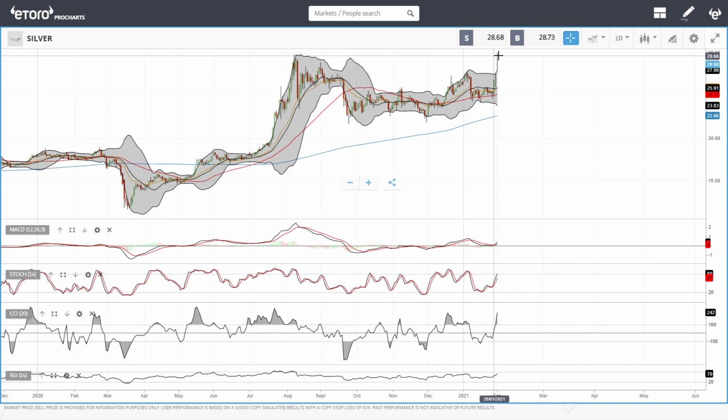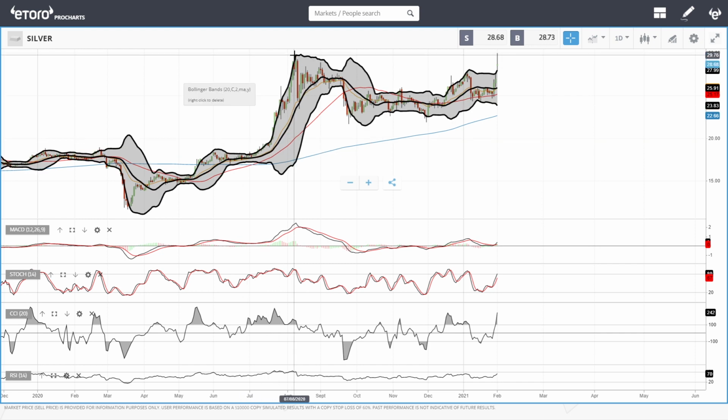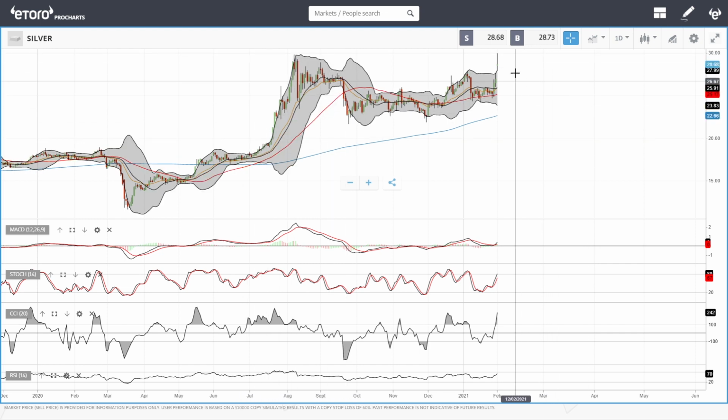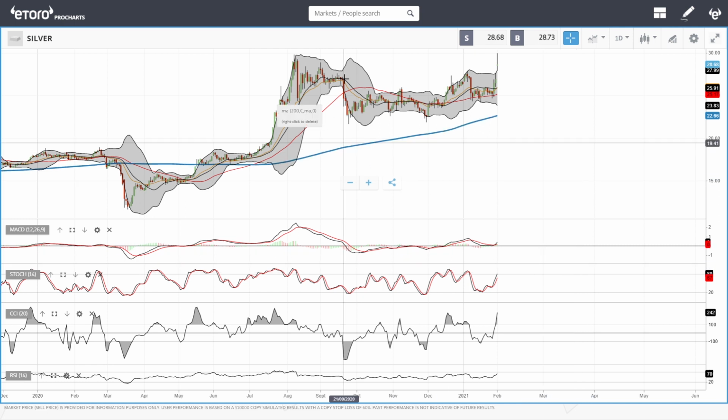Moves like these never last. We can see when we had a parabolic move here, went outside, it just completely collapsed. So we could see an additional major pullback if enthusiasm for buying this goes away tomorrow. Then we're going back towards these previous lows. So let's look at platinum.